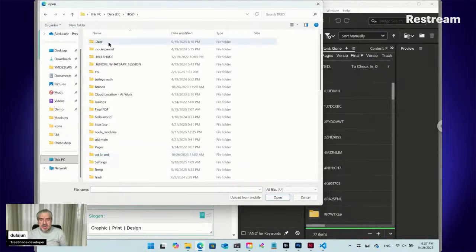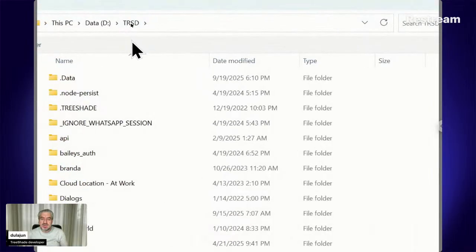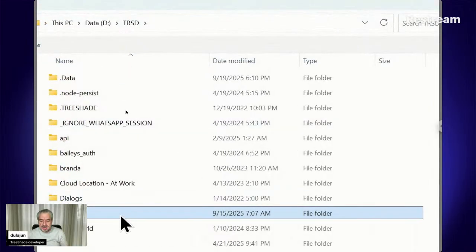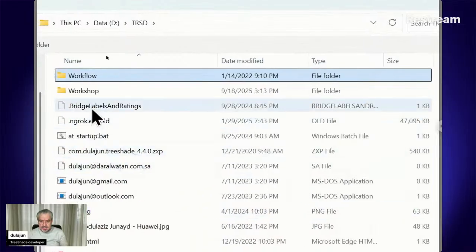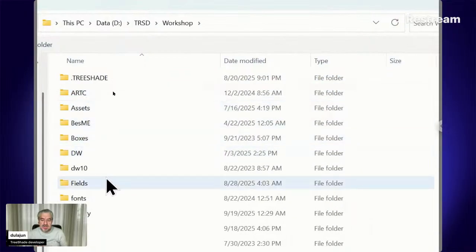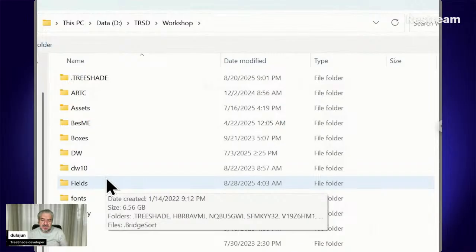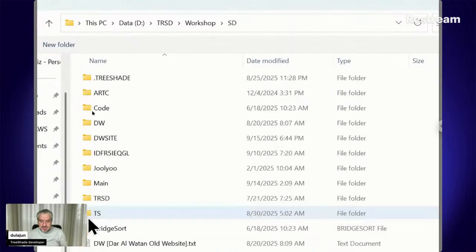Here I have the root folder for TreeShade where the project file exists. Inside workshop, where you are supposed to put your project files and edit them, I have this folder, software development,